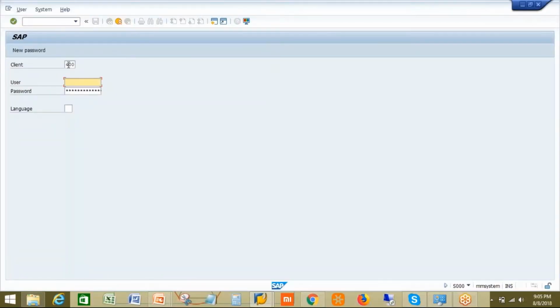It will automatically take you to this screen, where you will be able to see the client number. This client number is very important because you should always be able to look at the different clients. It can be a production client, or a quality client, or a sandbox client, like that. After that, you give your user ID and your password. Once you give your user ID and password, it will take you to the different